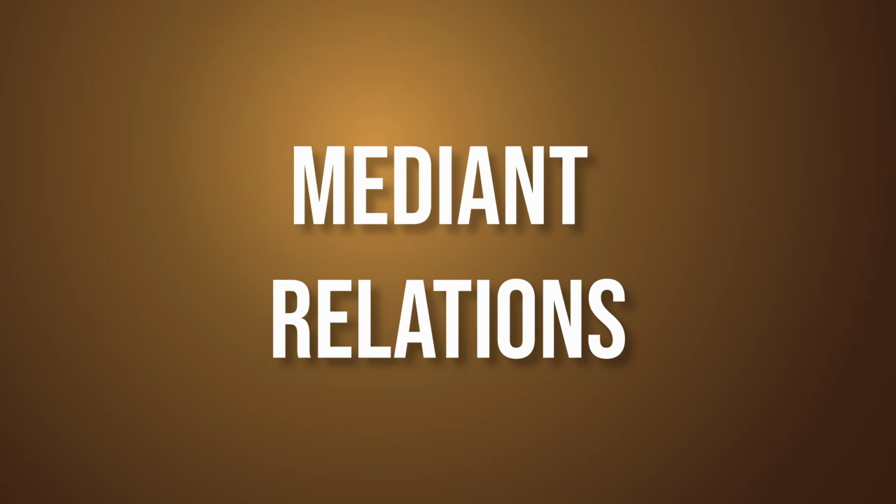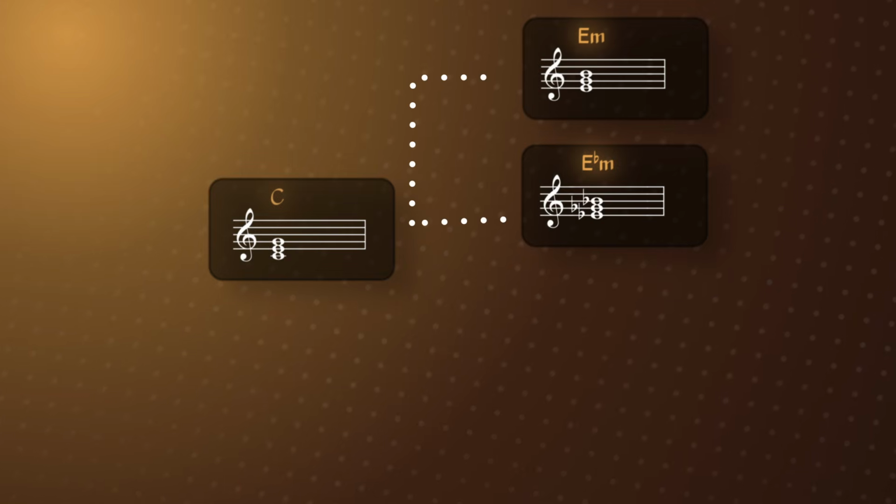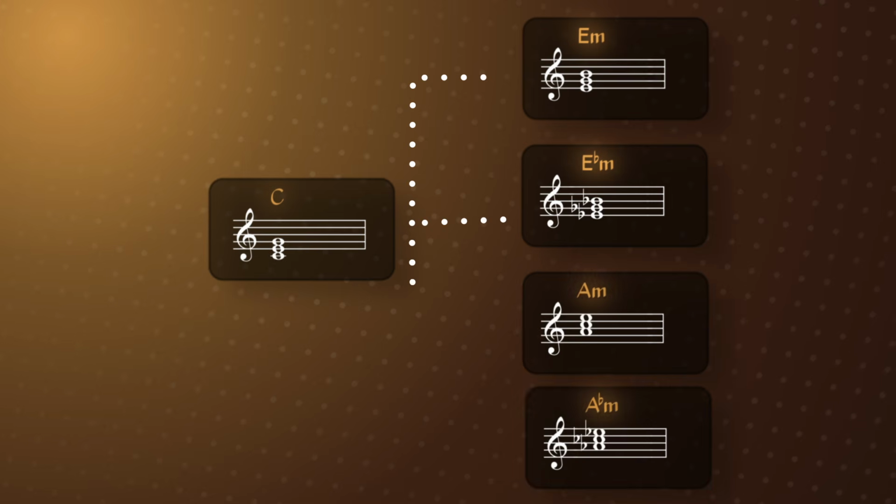Another thing besides tritone modulations is mediant relations. What do I mean by mediant? I mean the third relation. So if we're in the key of C, we're talking about E or E flat, or if we go down, A flat, mediant relations, a third away from the chord you're on.